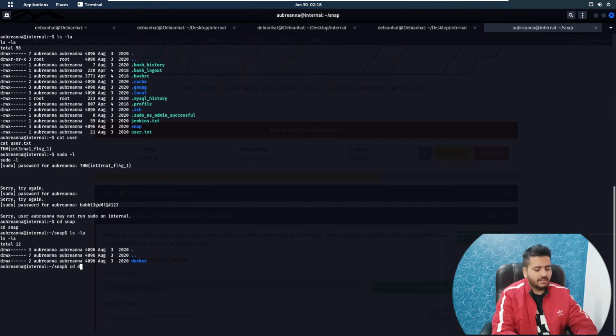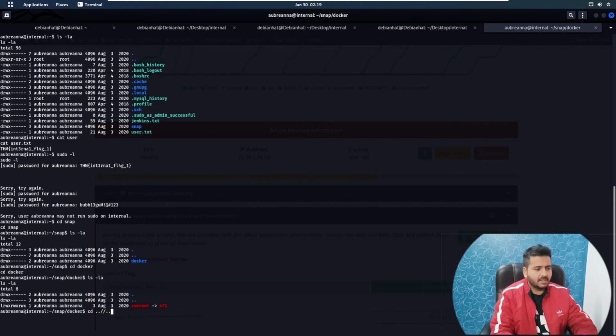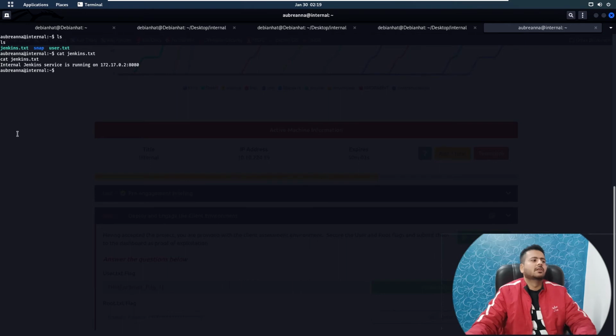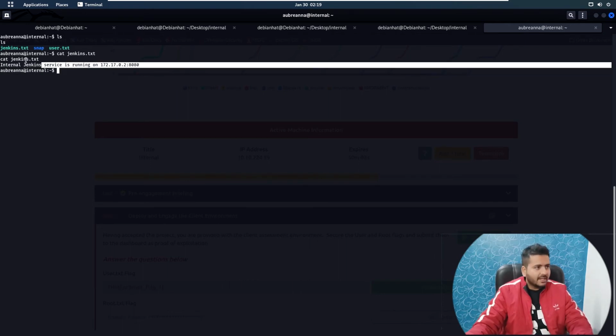No, cd docker. There is nothing. What it seems like is something related to this VM that has been hosted over here. ls, cat jenkins.txt, which seems interesting to me. Okay, so it is saying that internally we are using Jenkins service running on this